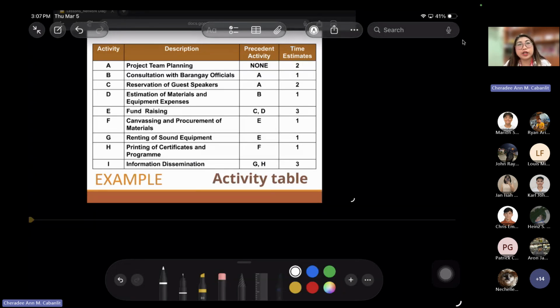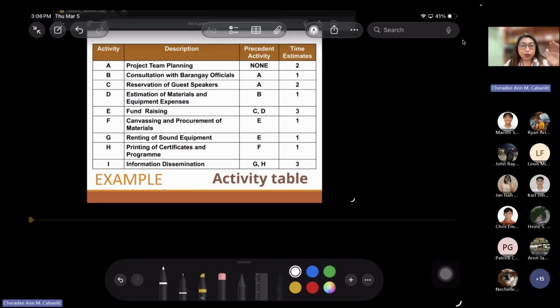Let's say, for example, you are to conduct a seminar, and in the description of the activities, you did a consultation with barangay officials. So maybe this is a corporate social responsibility type of seminar wherein you conduct it outside, in a partner barangay, just like what CIT is doing.